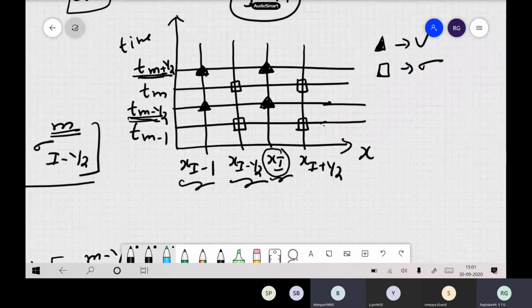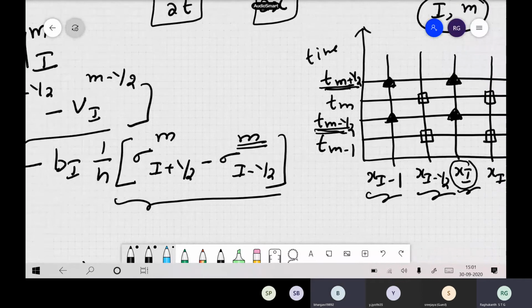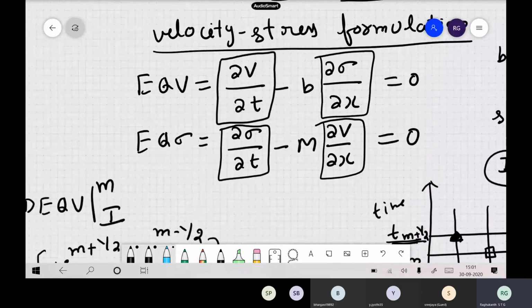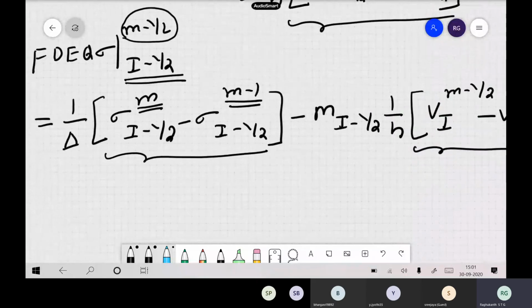The grid is different or same? It's different, sir. Yes. It is different because the equation itself is different, you understand. So at each grid point we have to match the first derivative. So if you write different formulations, this type of problem comes in finite difference. Okay, so that's why the staggered grid automatically comes.